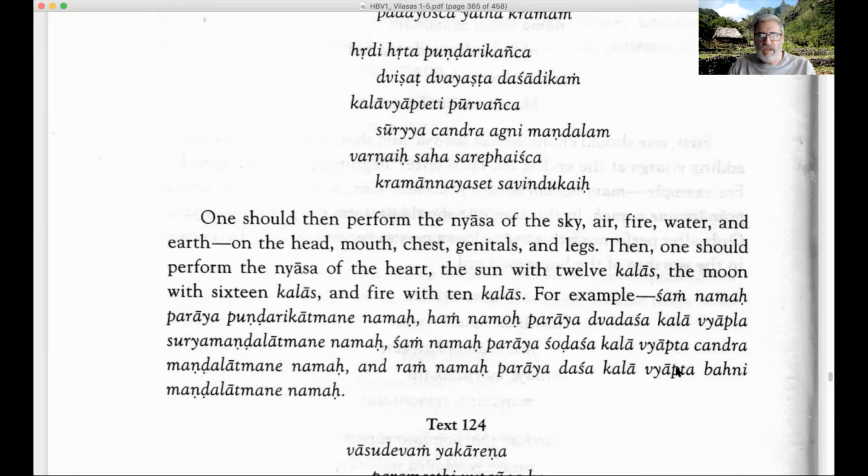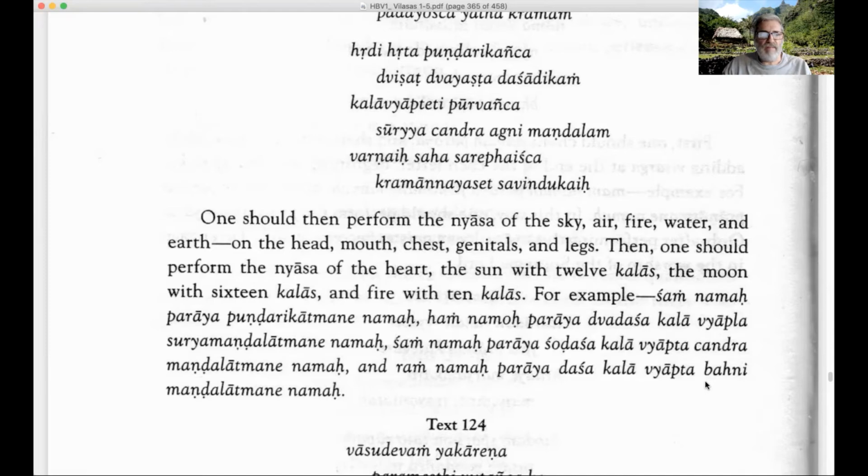For example, Shamna Mahaparaya, Pundarika Atmane Namaha, Hamna Mahaparaya, Dwadasha Kala Vyapta Surya Mandalatmane Namaha, Shamna Mahaparaya, Shodasha Kala Vyapta Chandra Mandalatmane Namaha, Ramna Mahaparaya, Dashakala Vyapta Vahni Mandalatmane Namaha.